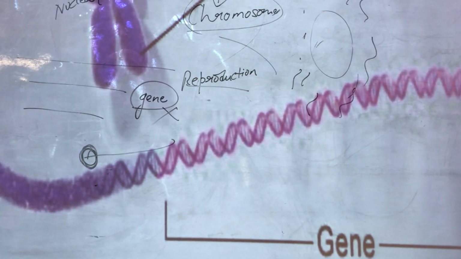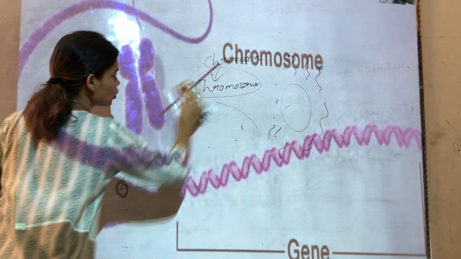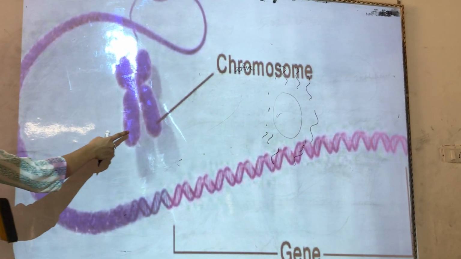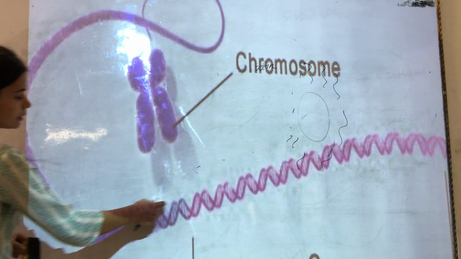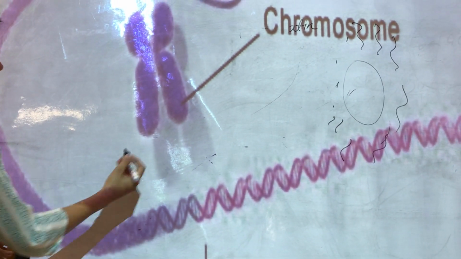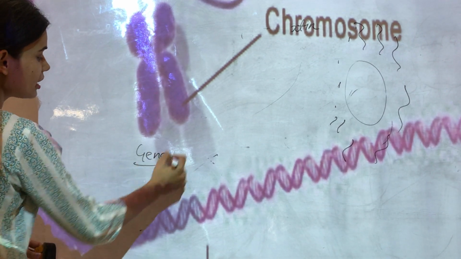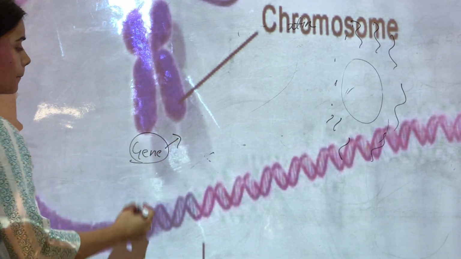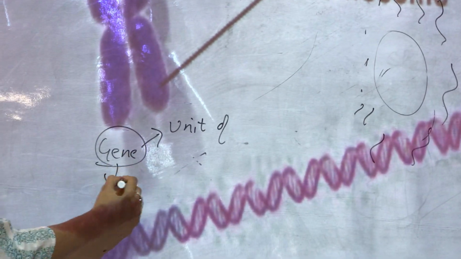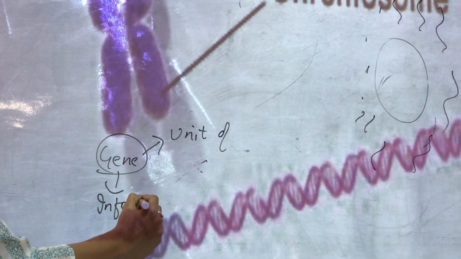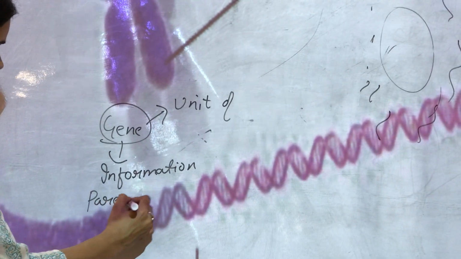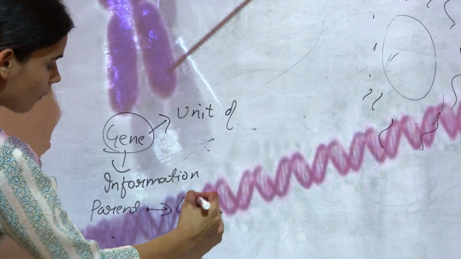Can you see this? So this is actually a chromosome. These two thread-like structures, and if you see it, it will have these protein-like things. This is nothing but just a protein. So they are genes. So what are genes actually? Genes are the basic unit of heredity. So this is the information that I was talking about. This is the information which passes from parent to its child, to its offspring.